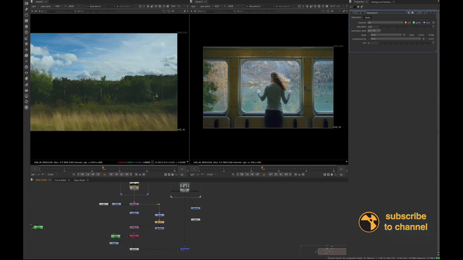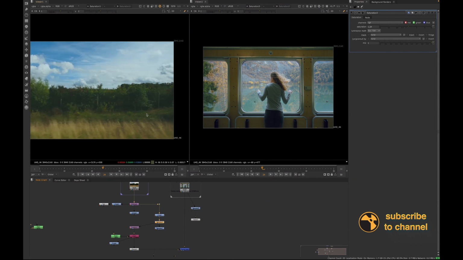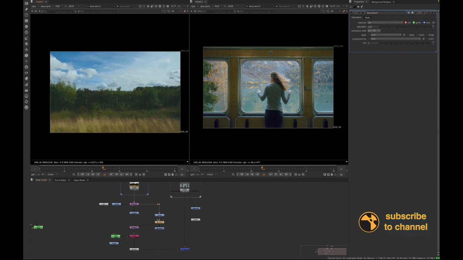Like I said, we have this blue tint that we don't have here. And let's turn our saturation back on. Maybe we'll see that tint a little bit better. Okay, so we have that bluish tint. Now, sometimes what I do, I actually just create another grade node, and then in my gain, I'll